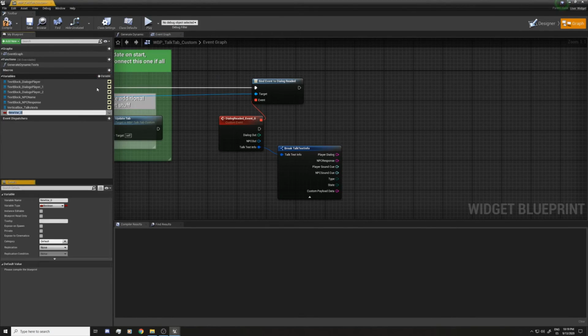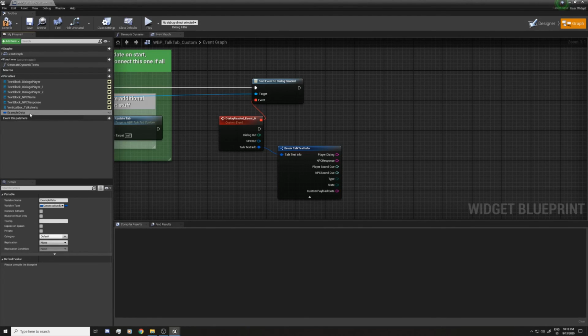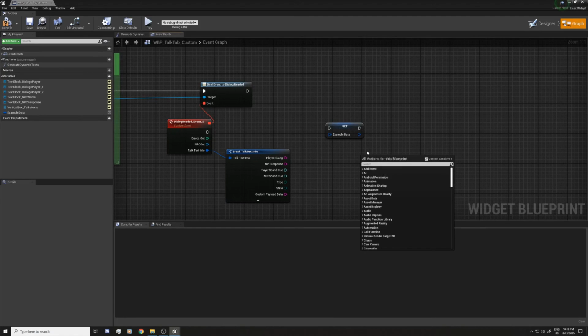So I'm gonna create a new structure, and I'm gonna call this example data. I'm gonna set the type, quest example, conversation example data,